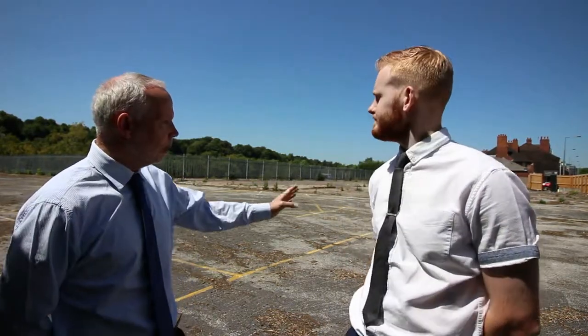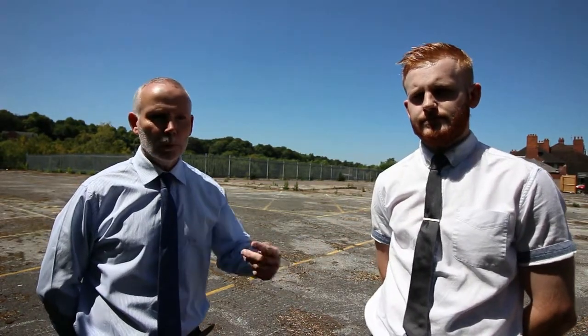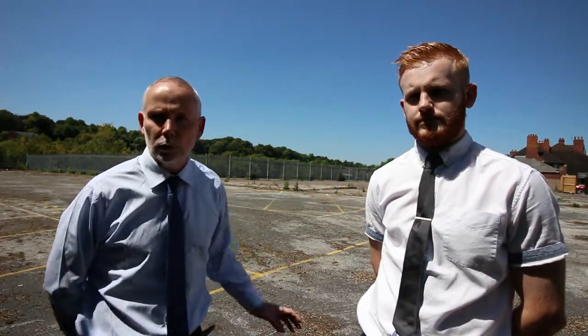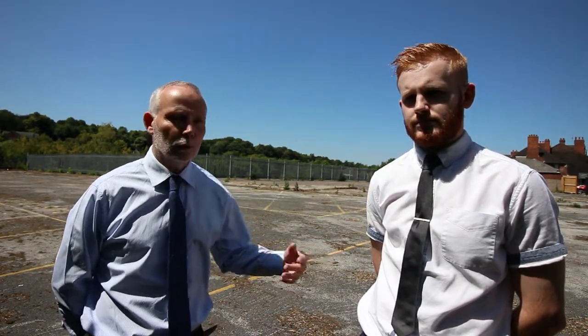So here we are on the upper level of One London Road. Block 2 is situated here. This is the 66 unit block, currently unavailable, but we will be launching it fairly soon. At the moment we're launching block 1, which is on the lower level, and that is 108 units. I'll pass you over to Mike, and Mike will talk more about block